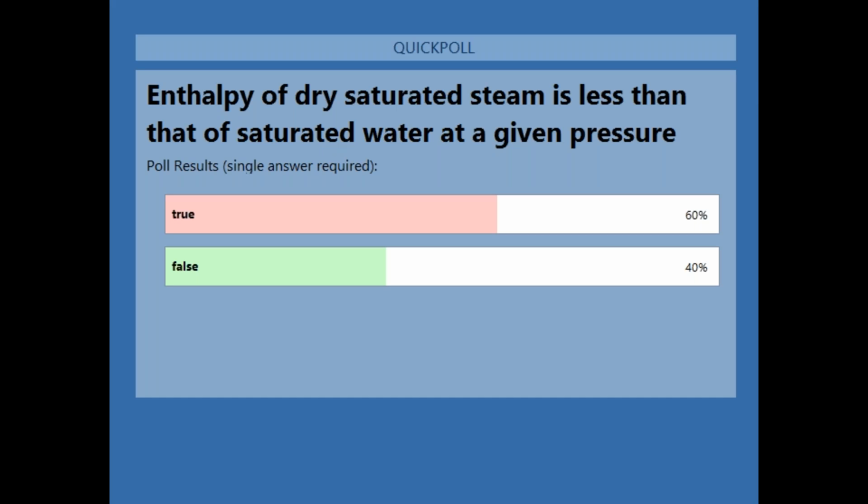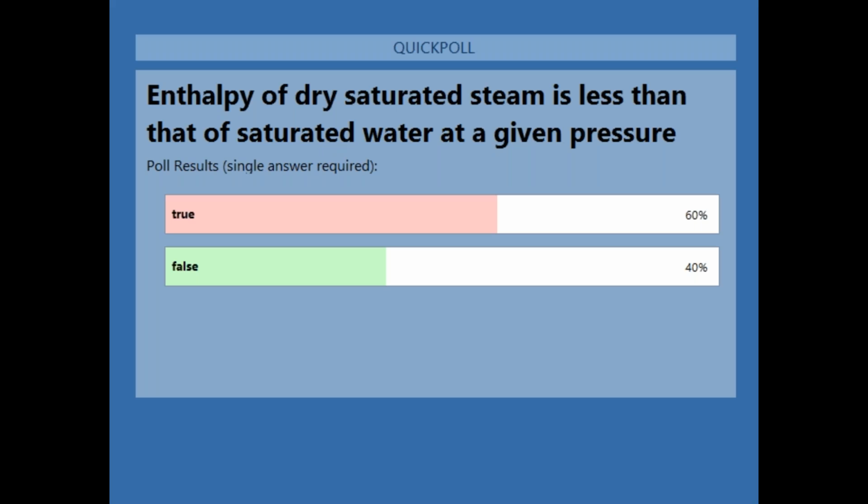And if you heat it further, then there would be a phase change, and the water becomes dry saturated steam. So obviously, the enthalpy of dry saturated steam would be more than the enthalpy of saturated water, not less than. Okay. So only 40% of the students have understood this. The remaining 60% have not understood that the enthalpy of the steam obviously has to be more than that of water, because for converting the water to steam, you need to add certain heat, right? There has to be heat transfer to the working fluid.